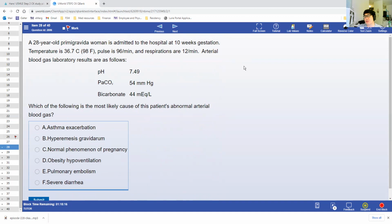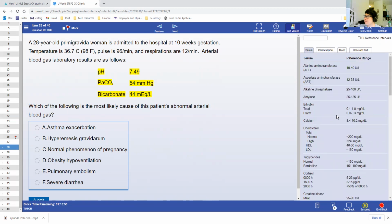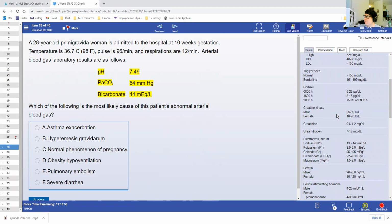This question is about blood gases. What's causing this pregnant woman to have abnormal blood gas results? This is a 28-year-old at 10 weeks gestation. She's very alkalotic, 7.49. PaCO2 is high. Wait. Yeah, normally PaCO2 will be low in a pregnant patient. And bicarb is very high. Bicarb's usually around 20, I believe. Yeah, bicarb 20s to 30s. This is 44. So yeah, she's having good old metabolic